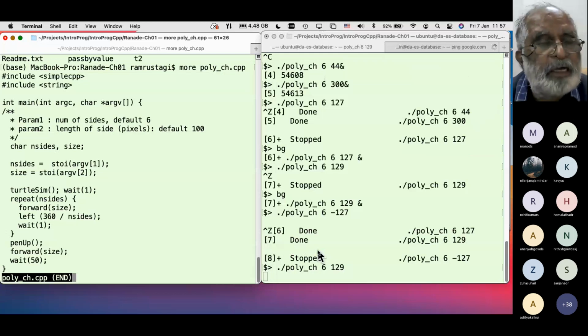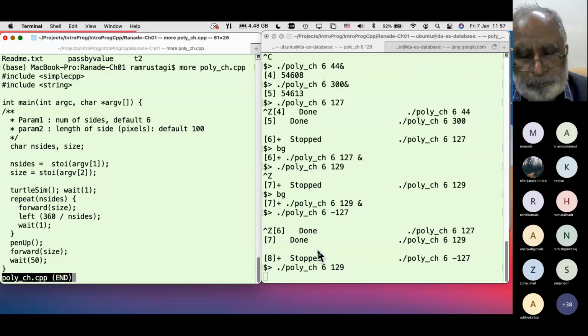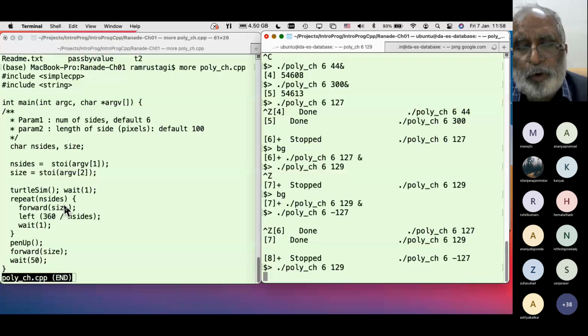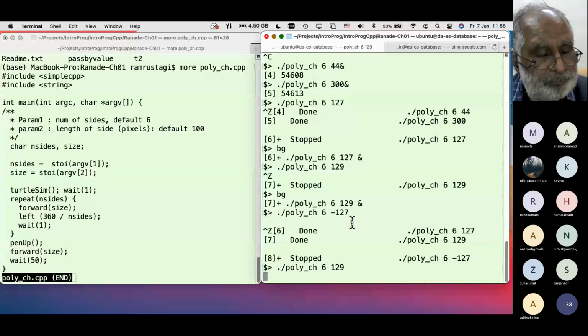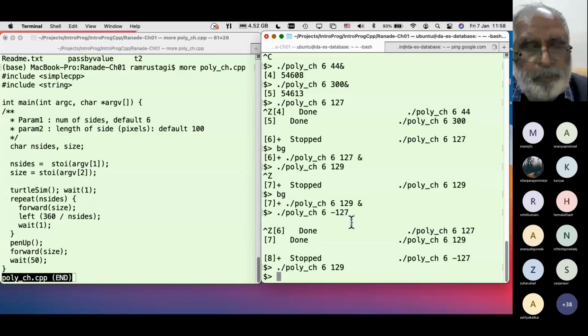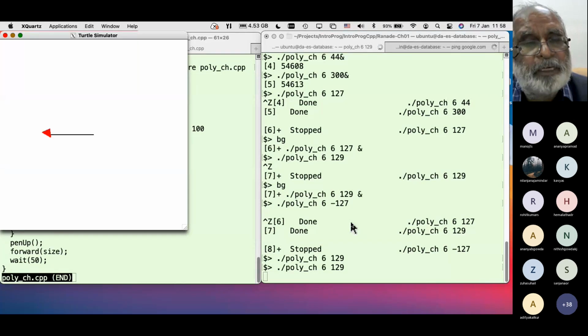So what is happening is, when I say size, when this is negative, rather than going in the right direction, it will go in the left direction. So 129 is practically treated as minus 127. Is that part becoming clear?